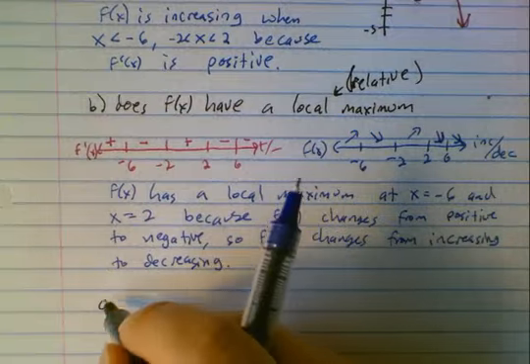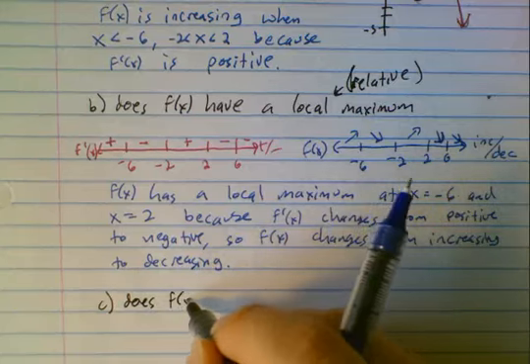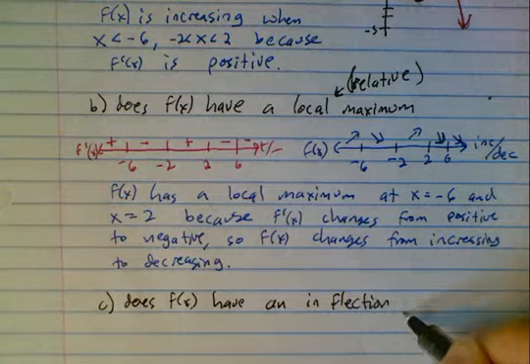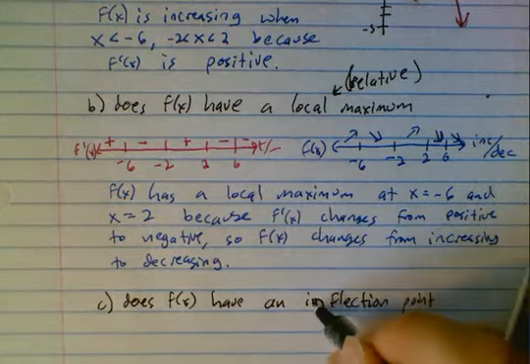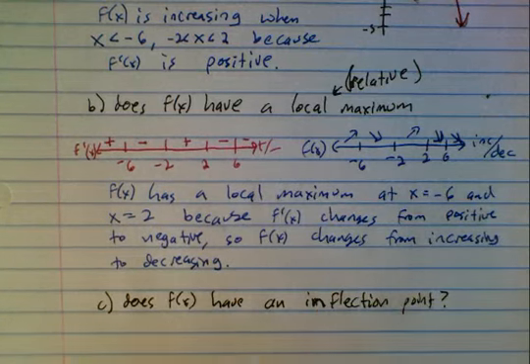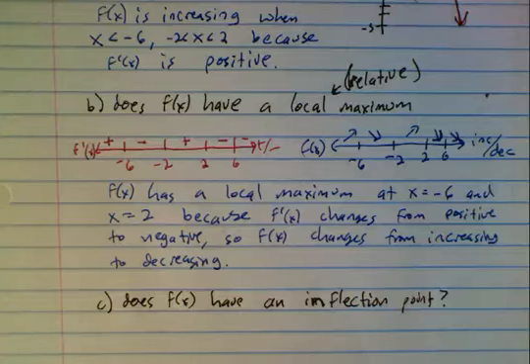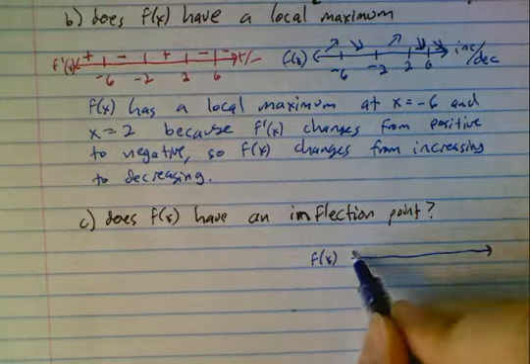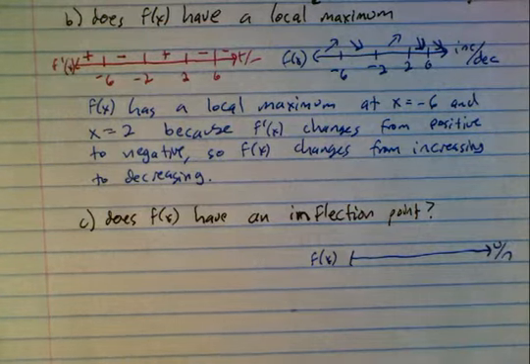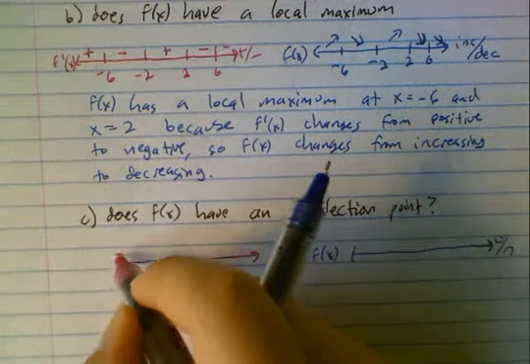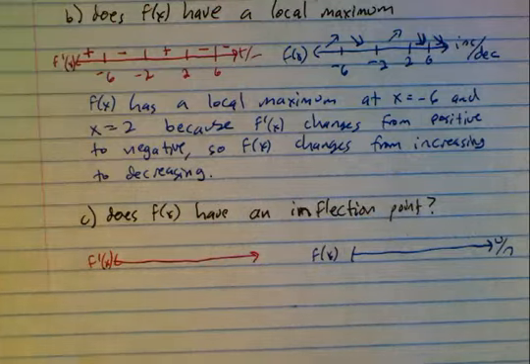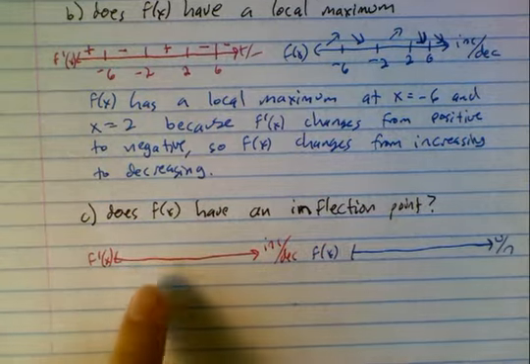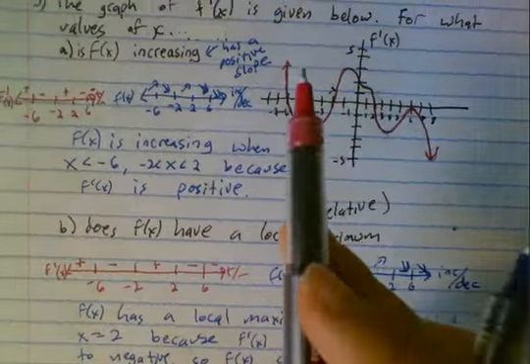Okay, next, for what values of x does f of x have an inflection point? Try that one on your own. Come back when you're ready. Okay, we're interested in f of x. An inflection point is concave up, concave down. So when we translate that into f prime of x, concave up, concave down translates into increasing, decreasing. So we go back and look right up here,